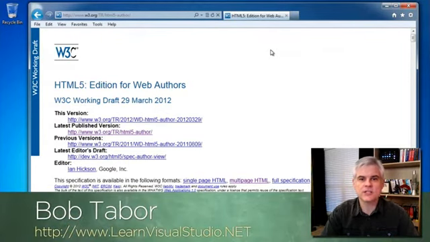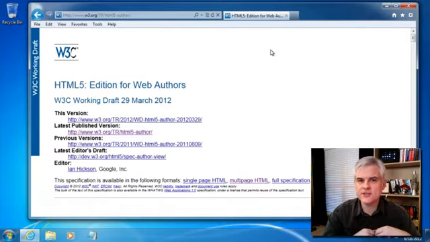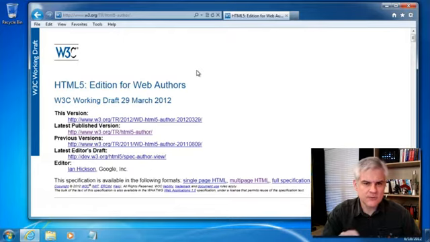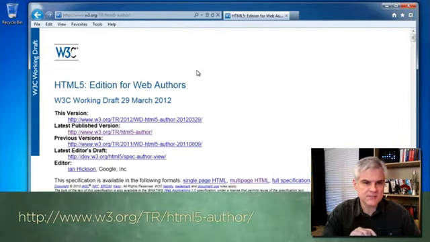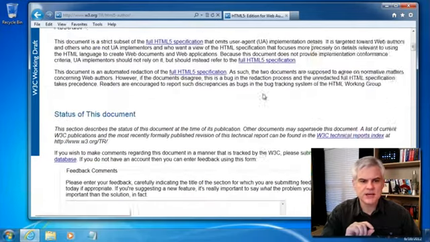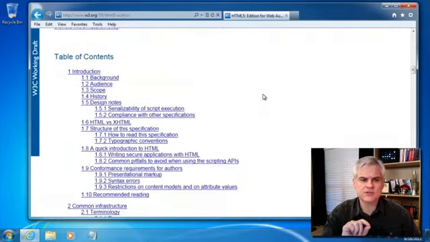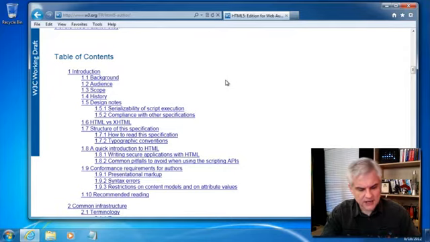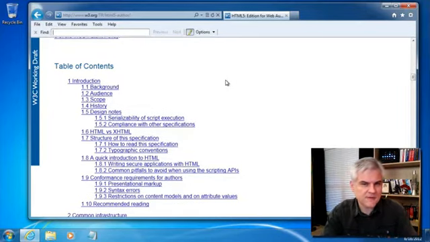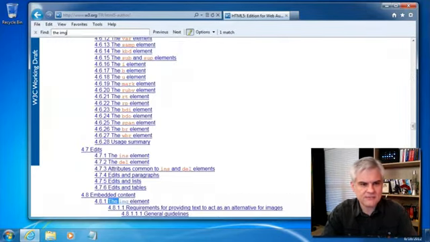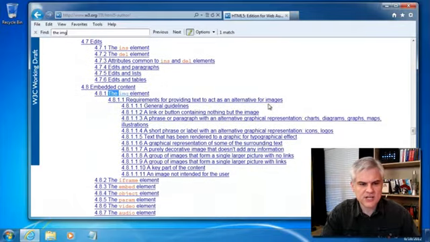In this lesson, we're going to talk about adding images and figures to our HTML5 documents. So let's go ahead and start with the image or IMG element. Just to remind you, we're looking at a version of the specification called HTML5 Edition for Web Authors. I'm going to scroll down to remind us that we're searching on the table of contents. I'm going to hit Control F to bring up the Find toolbar, and type in IMG, and that'll bring us to a section of the table of contents specifically